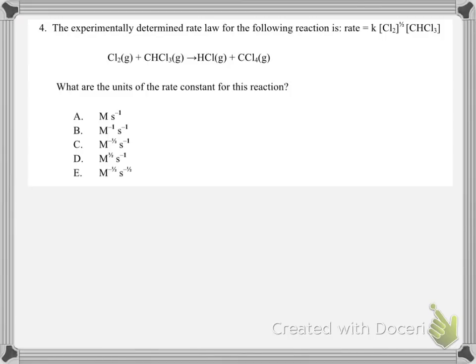This next problem wants to find the units of K. It's purely a dimensional analysis problem looking at our rate law. Just remember that we want our rate to be in molarity per unit of time, in this case seconds, and our concentrations are going to be in molarity. If you just plug in units, then you'll easily get the units for the rate constant K. So we're going to write our rate law just using the units. So molarity per second is our rate,